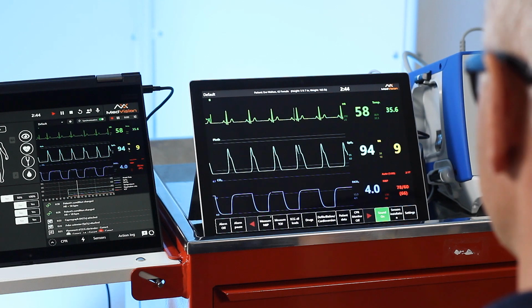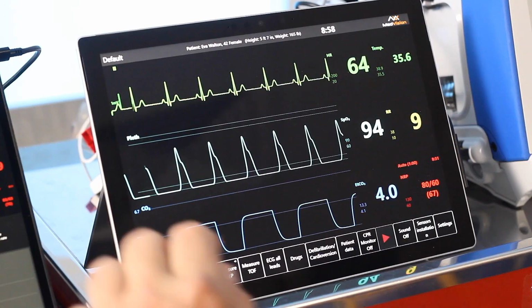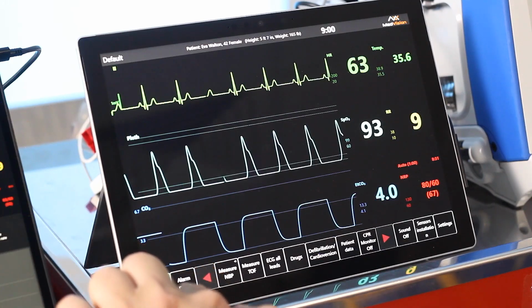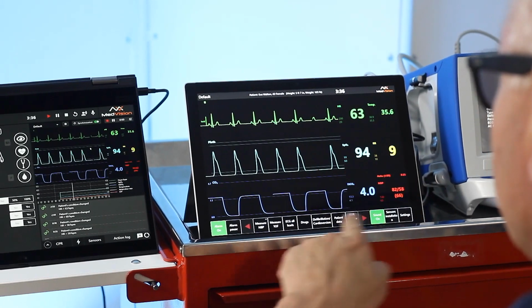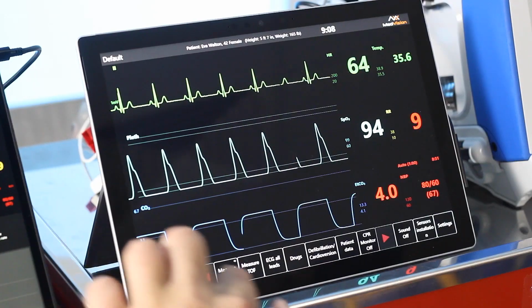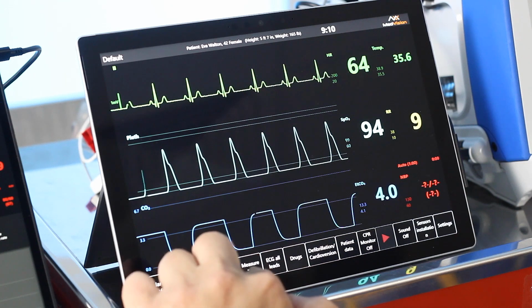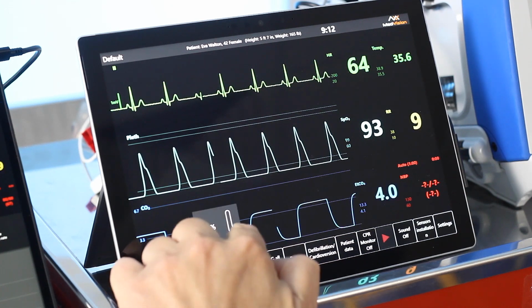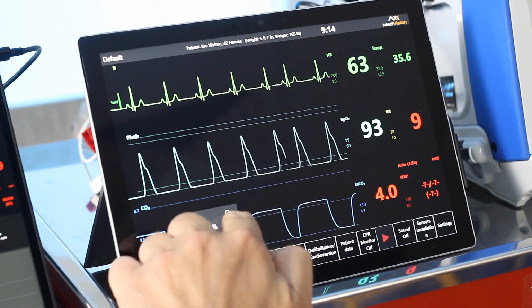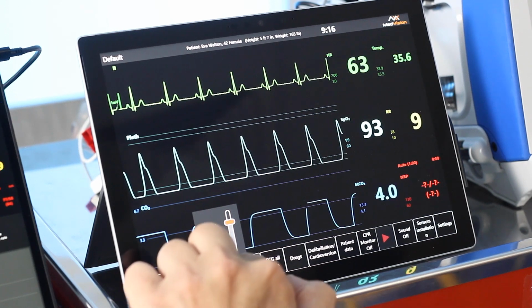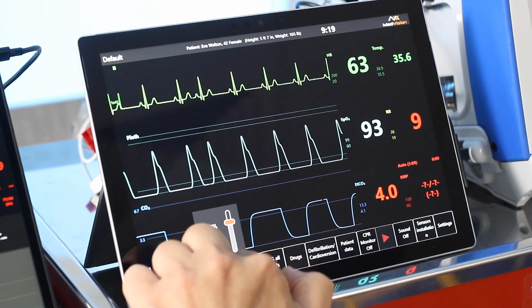There are some quite unique features for Leonardo. You can have the alarms on and off, so they're currently off. We've got some abnormal values outside of the limits that are set. We can pause that alarm for 2 minutes, or we can switch that alarm off. We can measure a non-invasive blood pressure, and we can actually get the volume as well for that blood pressure,